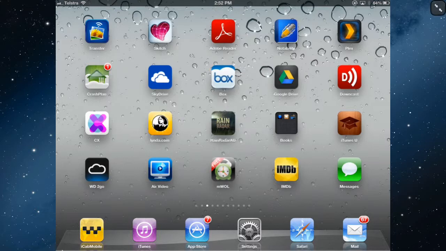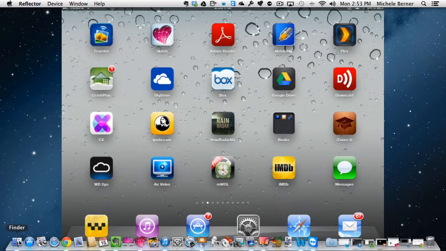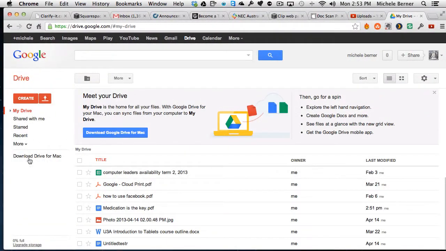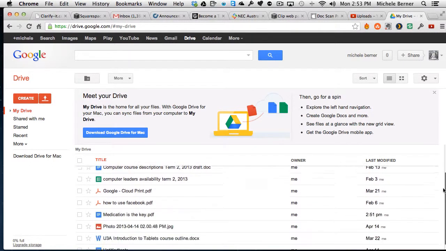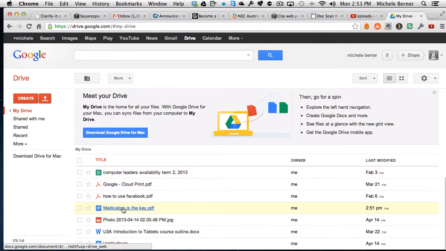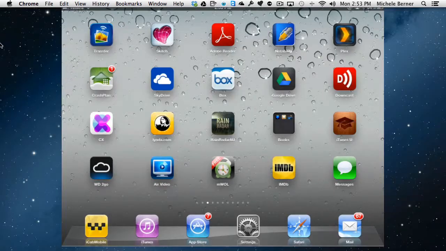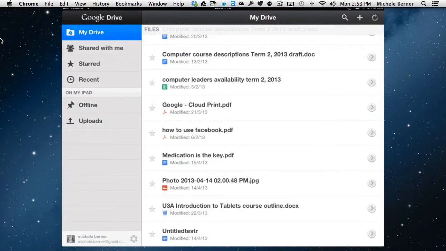So if I was on the computer and went into Google Drive, I can see all of my files there. And there's the actual one that I've uploaded. It's there. So I could edit it and do what I want with it on the actual computer. Or if I didn't have a computer or I wasn't anywhere near a computer, I could do all of this on the iPad. So just open Google Drive, and